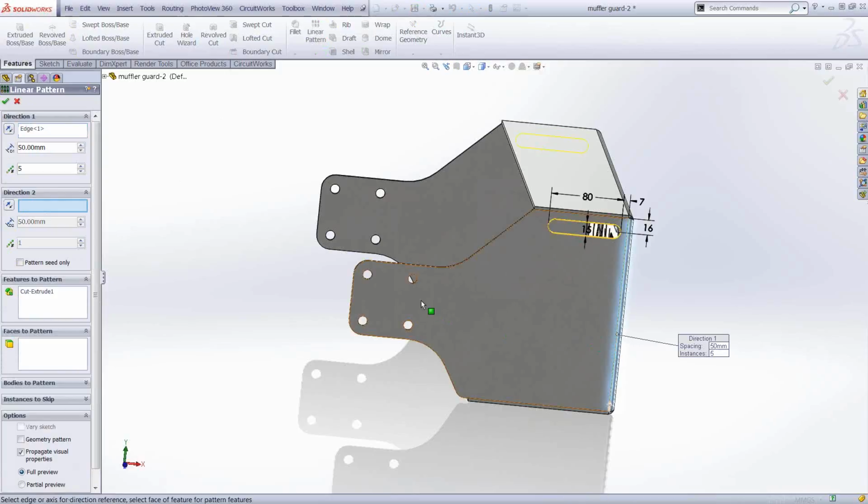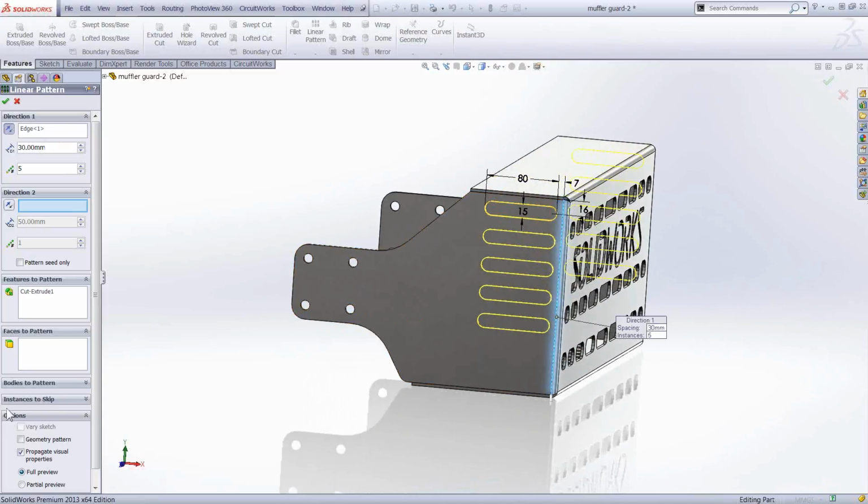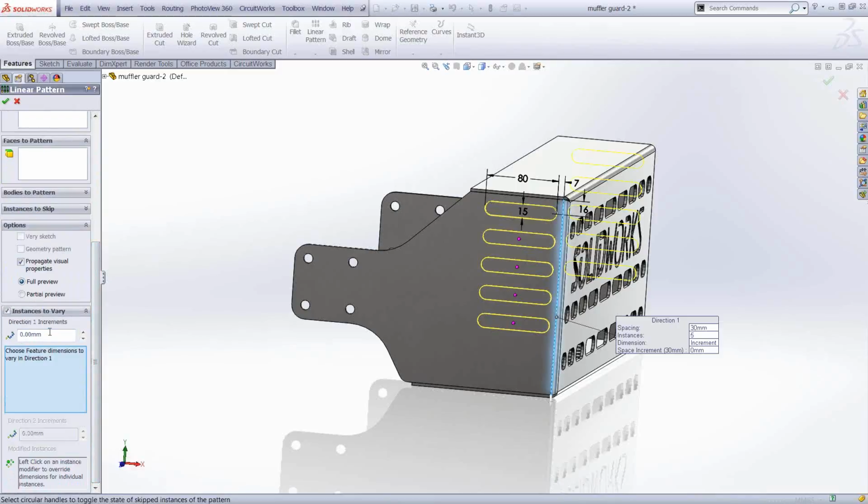Select my direction, 30 millimeters. There's a preview right there. Go down to the instances to vary here and start separating the distance here. So if I add .30 millimeters to my spacing,